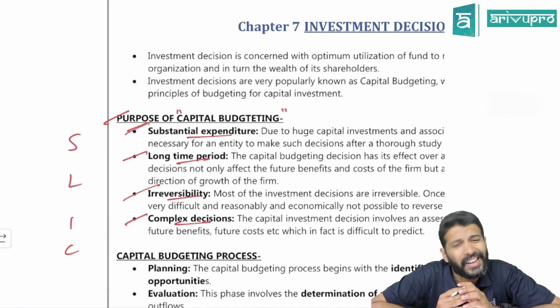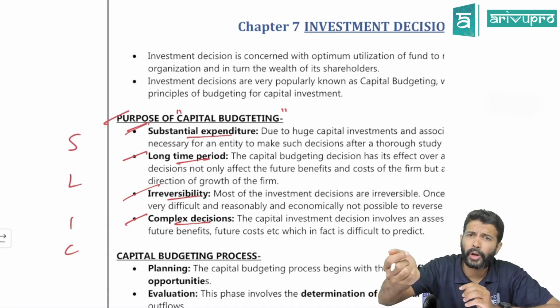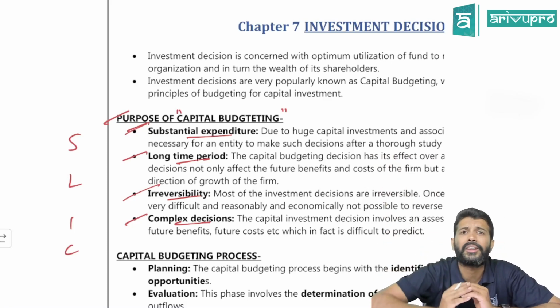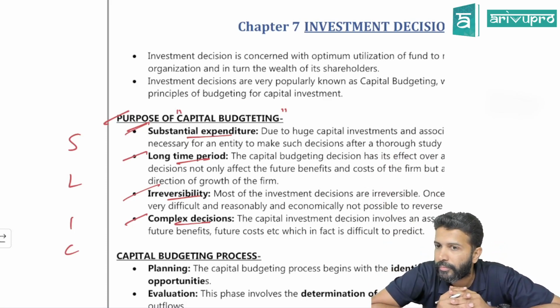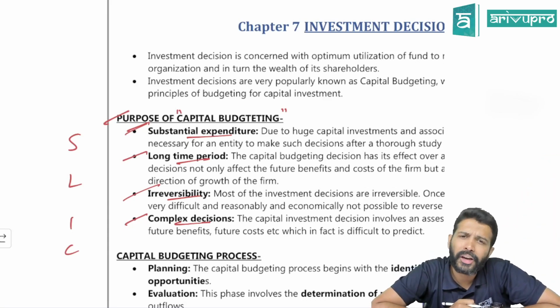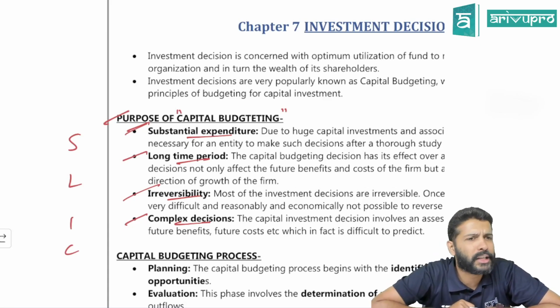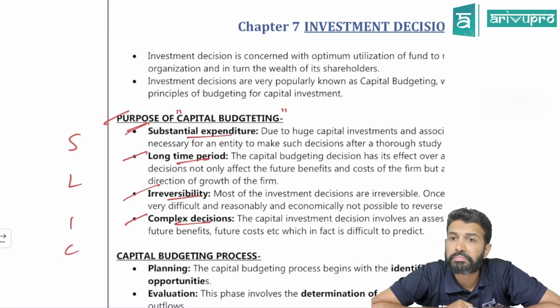You need to estimate. Will you estimate just for one or two months, or are you estimating three or four years down the line also? The estimates could be long term. Can you be absolutely sure about them? Can you make perfect estimates, or could they go wrong also? Estimates could go wrong. COVID is a perfect example.